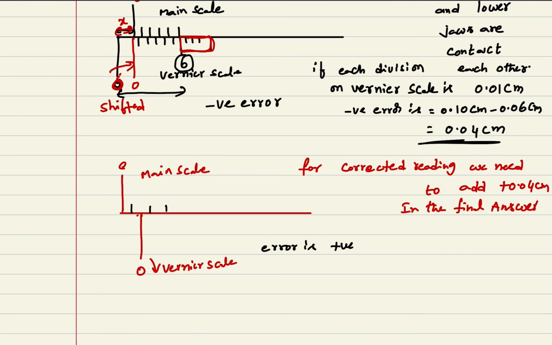Let us consider there are some divisions. Here the 1, 2, 3, 4, 5th division is coinciding. If one Vernier scale division is 0.01 centimeter, then the positive error is